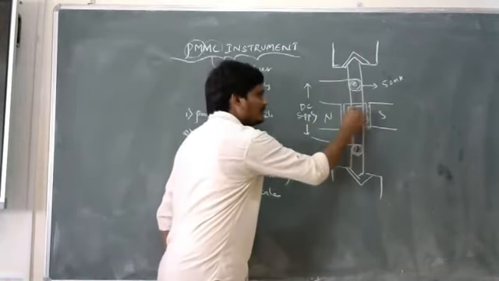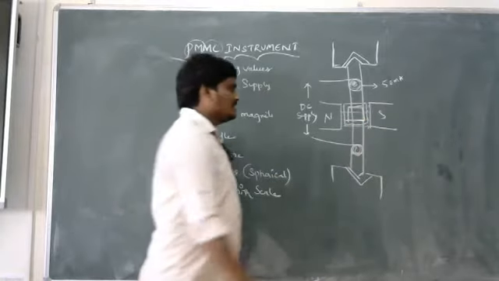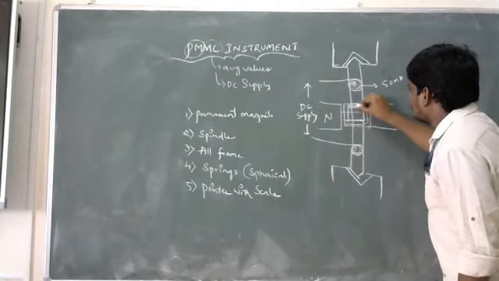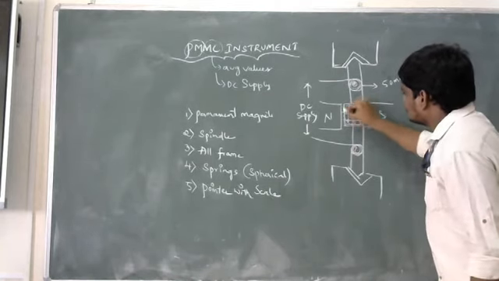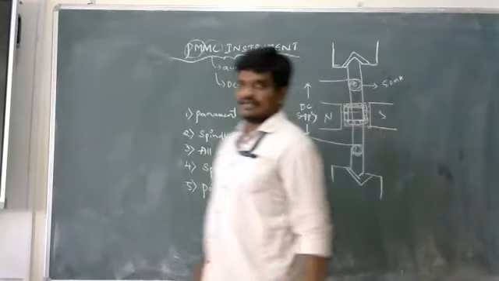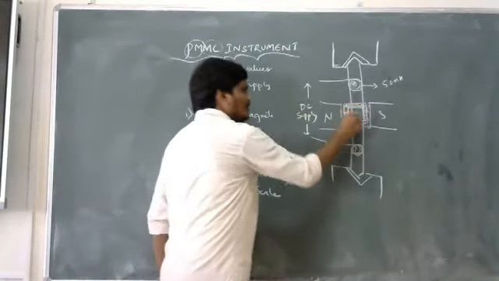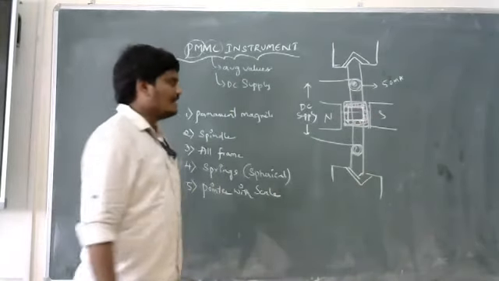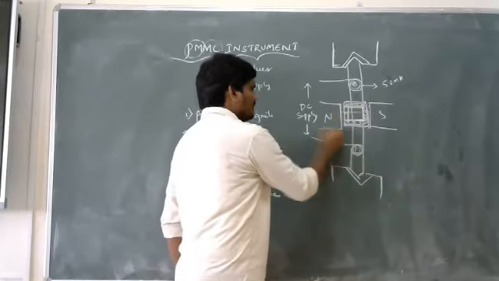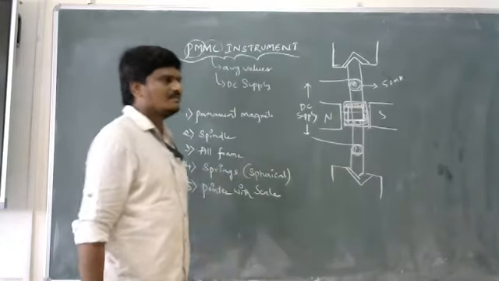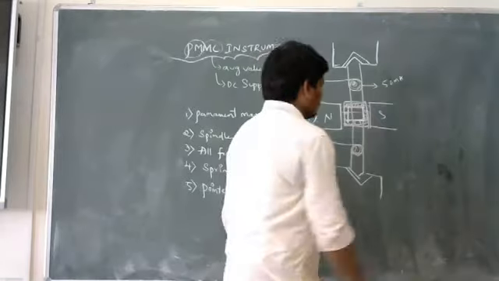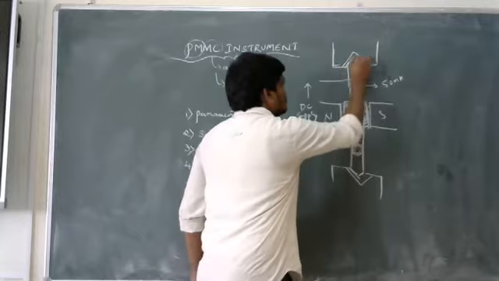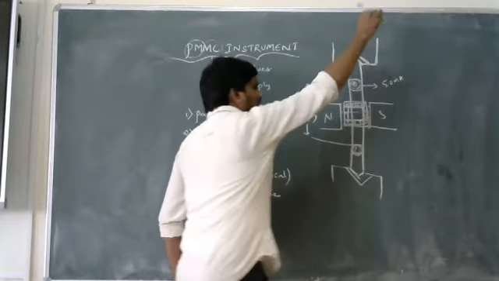Now coming to the aluminium frame. The aluminium frame which I have used in a PMMC instrument has a number of wires wound around it. The main purpose of having an aluminium frame is to provide damping here, and the main use of having a magnet in a PMMC instrument is to produce a magnetic field. The spindle is used to carry the springs, which carry some amount of current.